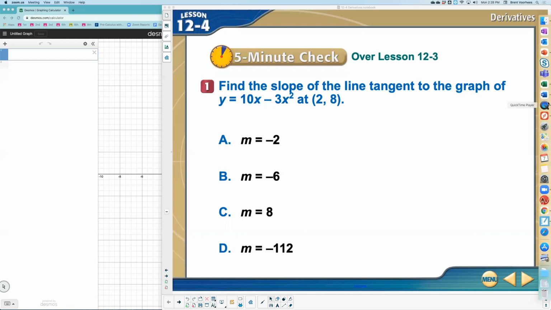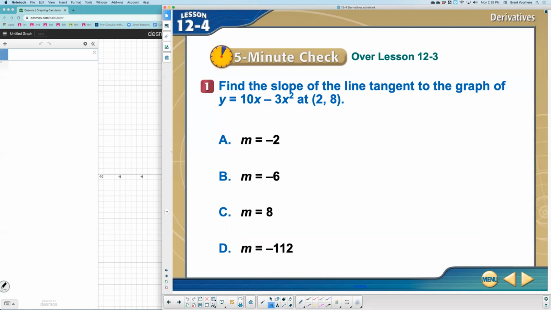And so we came up with this formula saying we can find the slope of the tangent line by using a limit. They call this y here, but I'm going to change this to an f of x just momentarily. By using the formula that the limit as h approaches 0 of f of x plus h, minus f of x, divided by h, this limit could give us the slope of the tangent line